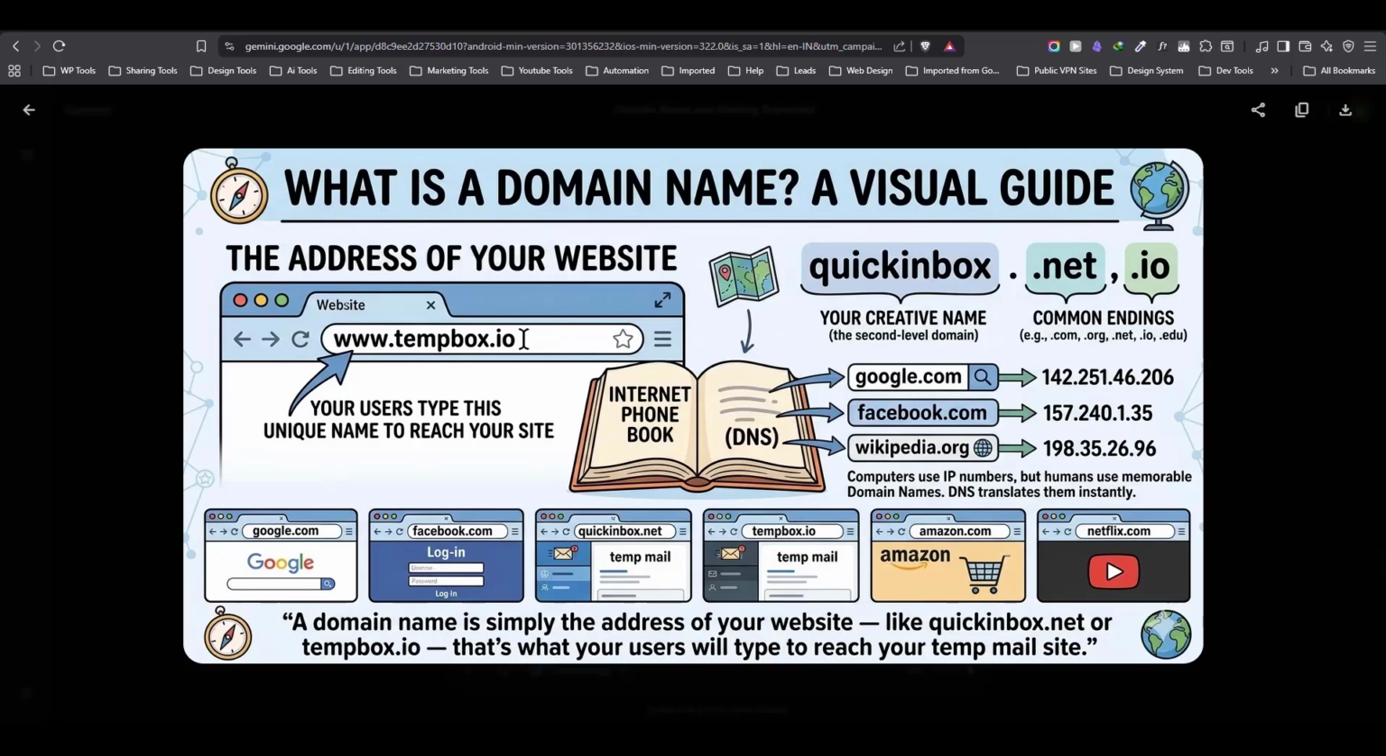And how to choose a domain name? So a domain name should be very simple and easy to remember. For example, if you want to start a temporary email service, you should choose something like tempbox.io or quickinbox.io or tempmails.io. Please do not choose hyphens, numbers, or anything else, because it is very difficult for users to